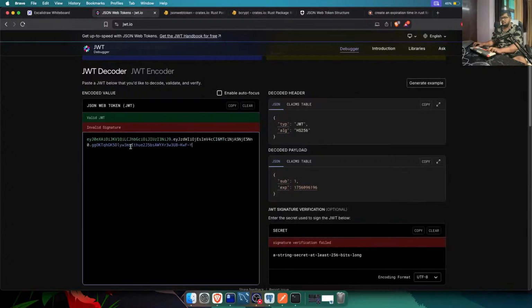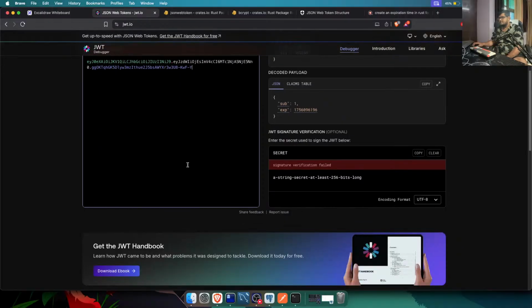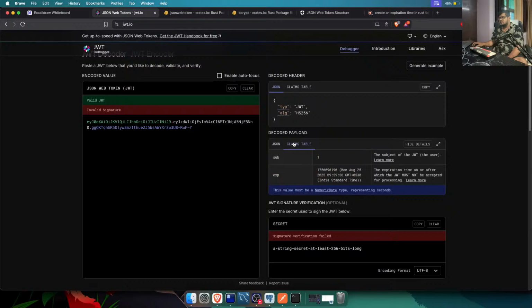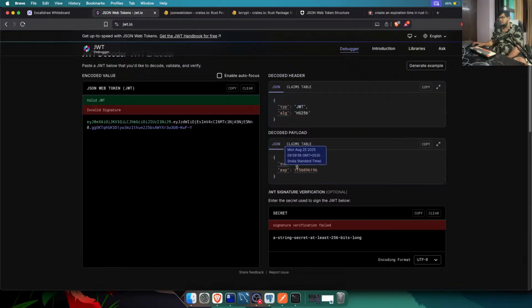But in the claims table, I have the expiration time. Okay, so subject is one. It is properly validated and decoded. I can see my JSON with the sub of user ID 1 and the expiration of this,